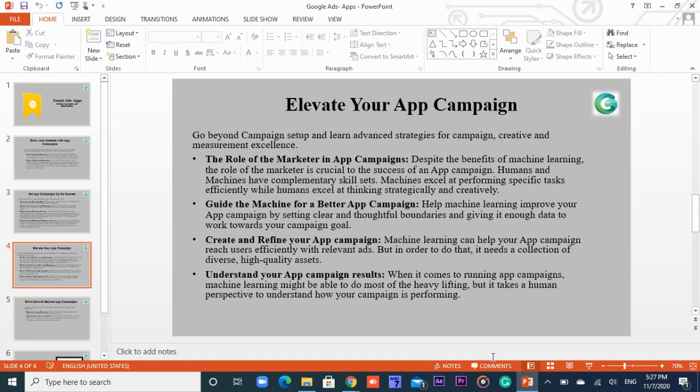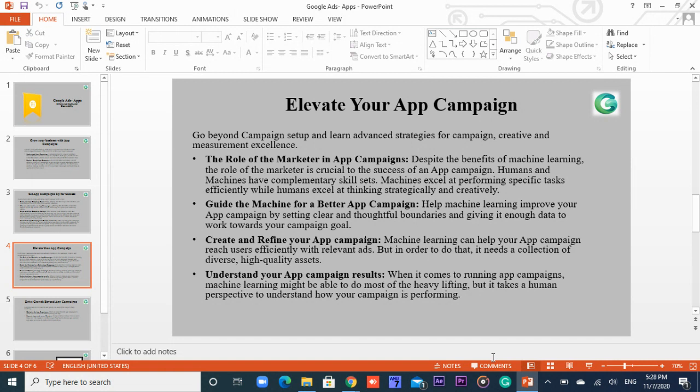In our previous video modules, we have discussed automated bidding. In that automated bidding, the bidding strategy will be implemented by the Google machine learning tools itself. While creating such types of app campaigns, there is a need for a marketer, because